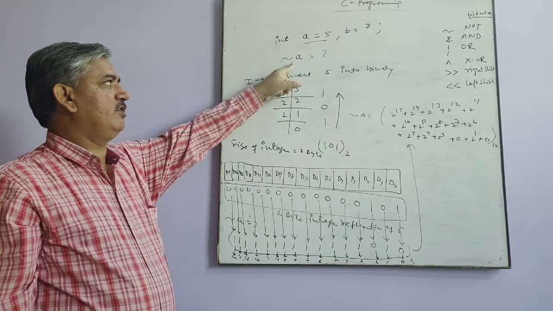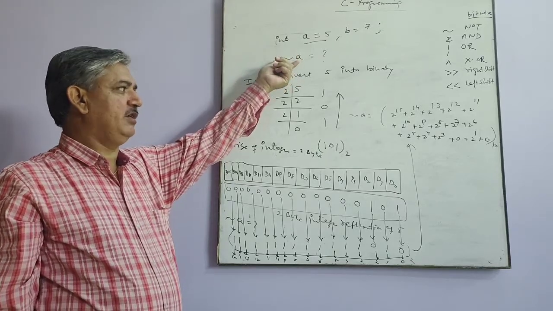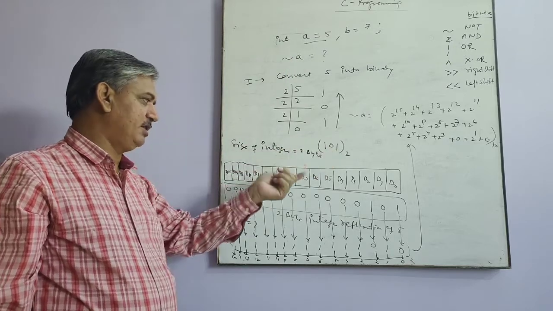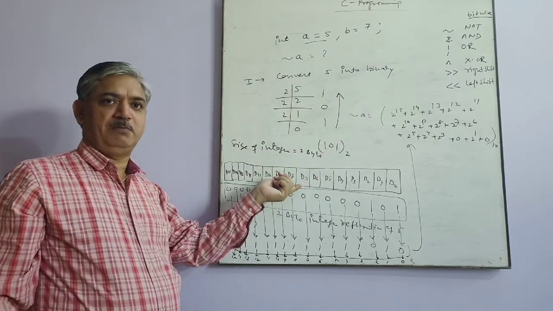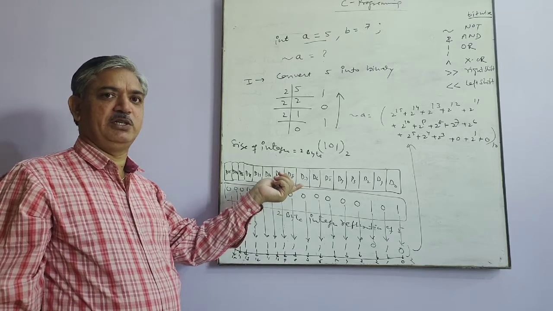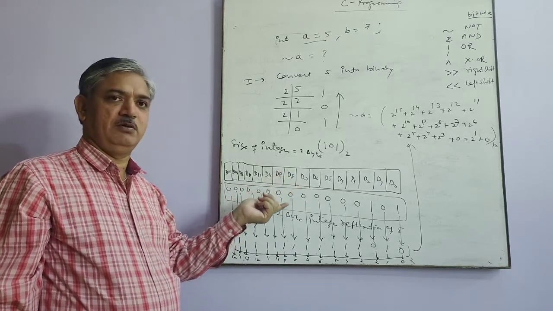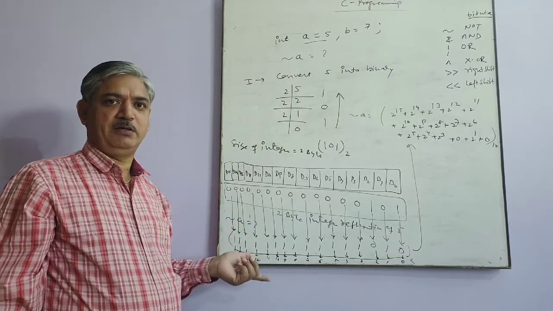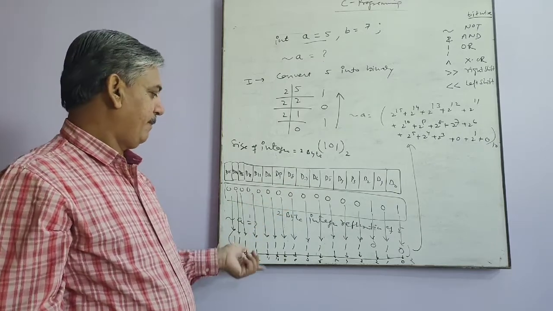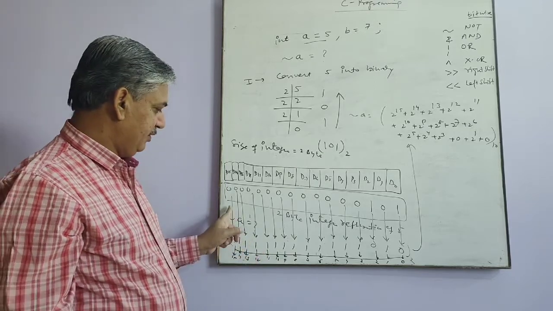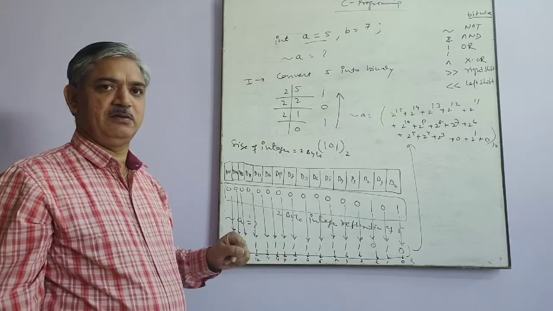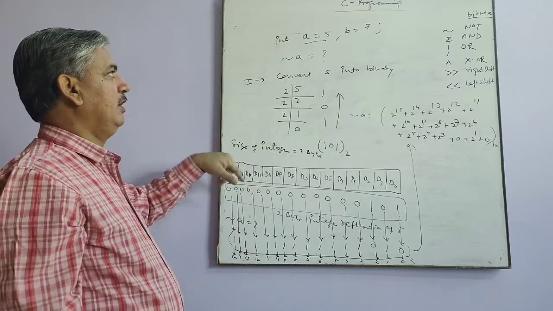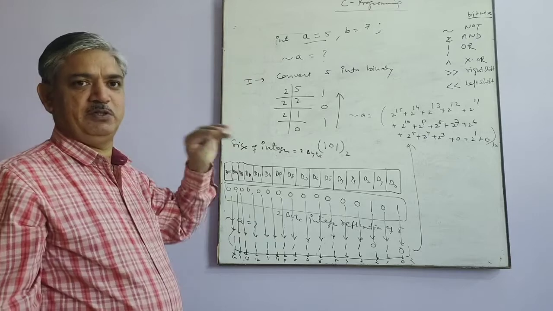The important thing is what? When we want to apply bitwise operation, first we have to convert the number into binary, then represent into particular representation. For positive numbers, use sign magnitude, and negative numbers use 2's complement. Okay? And then apply operation on individual bits. Clear? So this is the procedure or method to apply bitwise operations.